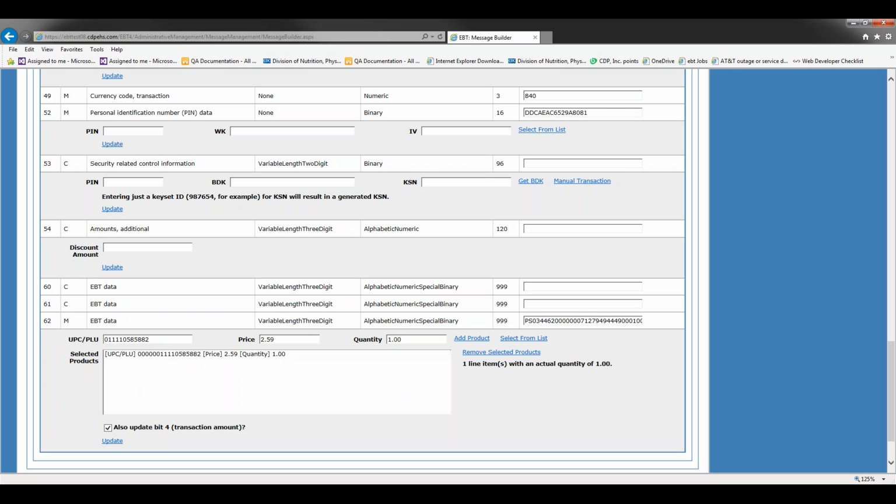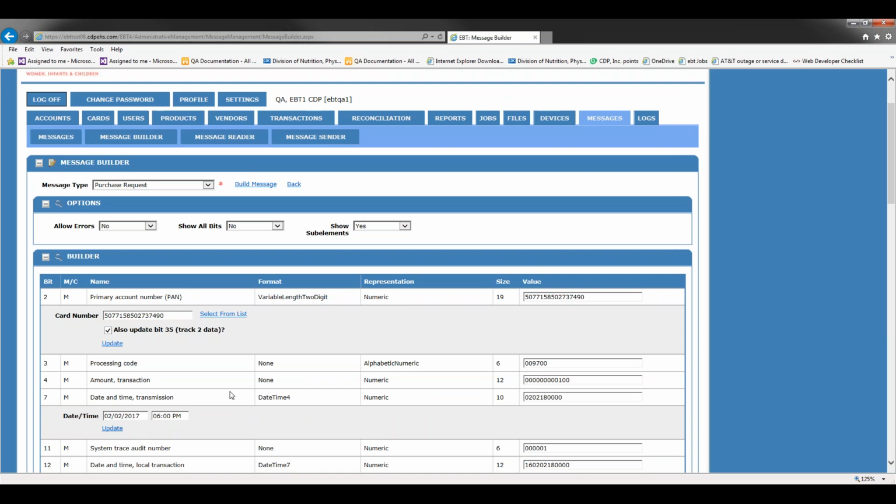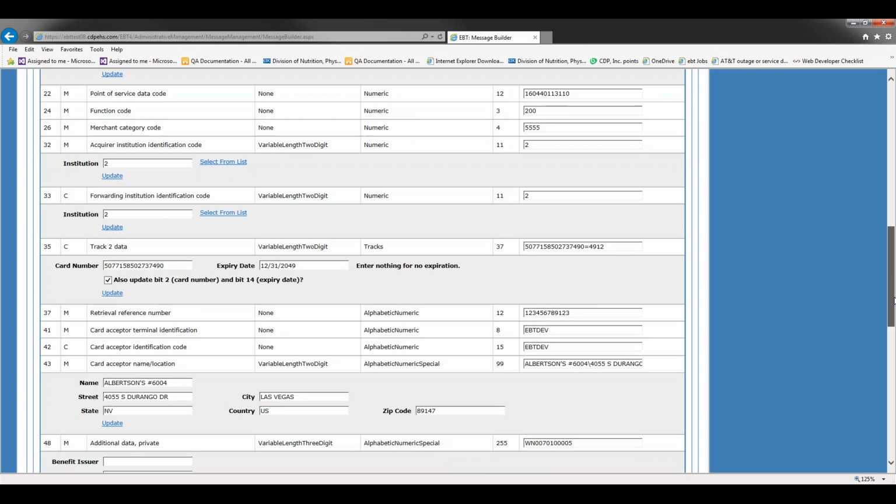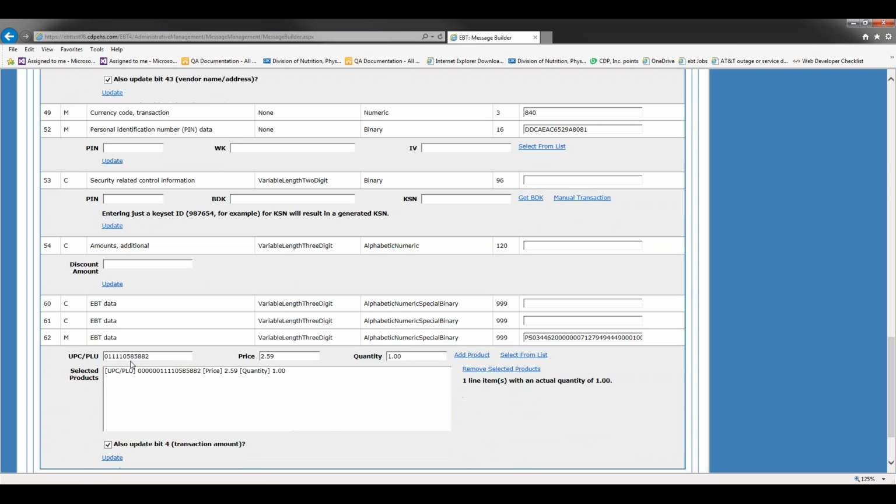All right, so that said, here is our cheese, and you'll notice bit 62 hasn't been changed yet. I can tell that because I remember what the old UPC was. I need to click update, and when I click update, it's also going to update bit 4, which before, when we looked at it, remember, bit 4 only had $1 for the amount of transaction, right? And bit 4 has to tie out with what you're selling, has to tie out with bit 62. So we're going to click update,